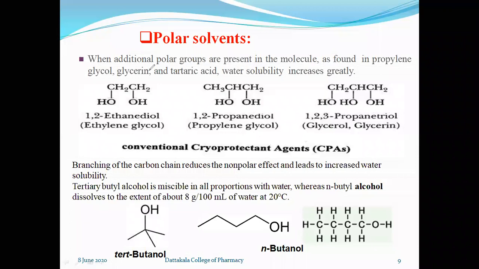Here, it is exactly opposite to this. What this point is telling us is, if the number of polar groups, polar group in the sense here hydroxy groups, found in the substance is more,